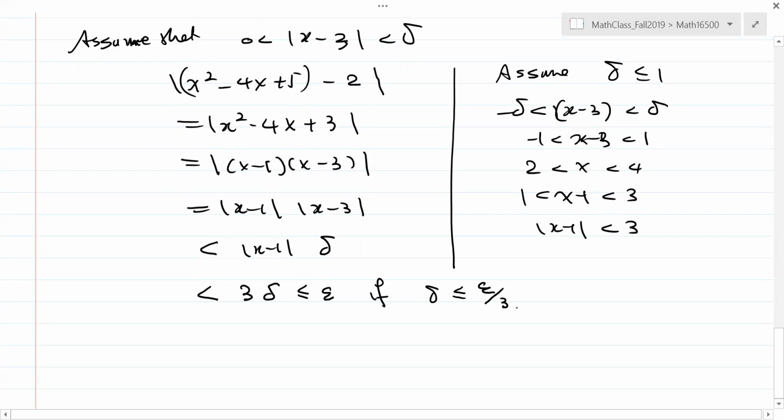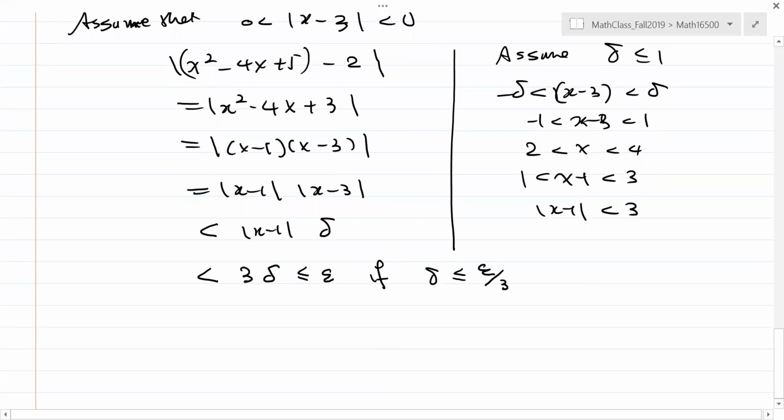Okay, so there are two assumptions here in order to guarantee this difference is less than epsilon. Two assumptions on the way to get to that estimate. In the middle, almost the last step, you have to assume that delta is less than or equal to 1. Then the very last step, you have to assume that delta is less than or equal to epsilon over 3. So from the above argument, you see that we may choose